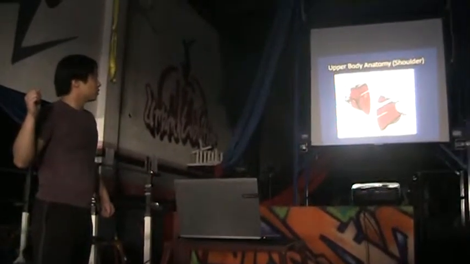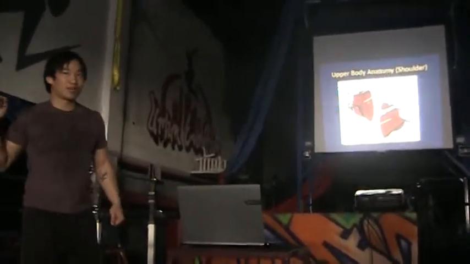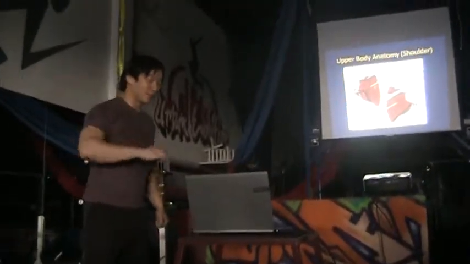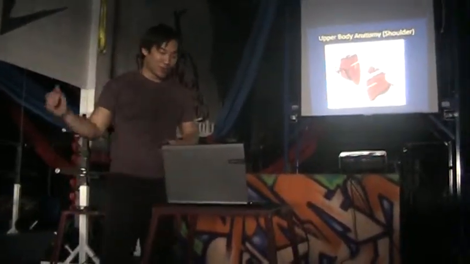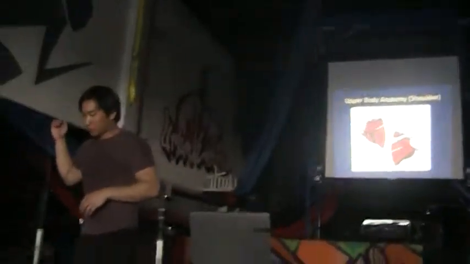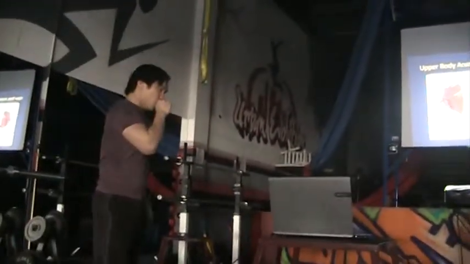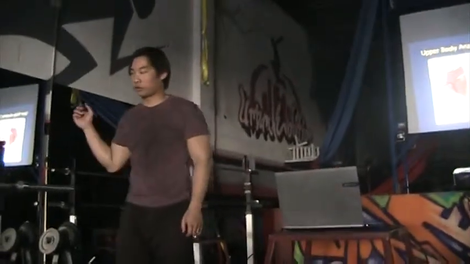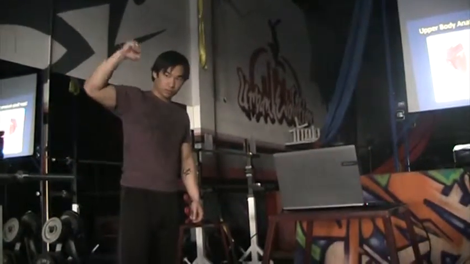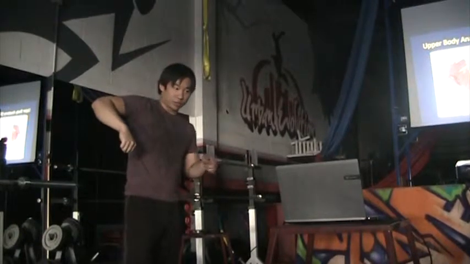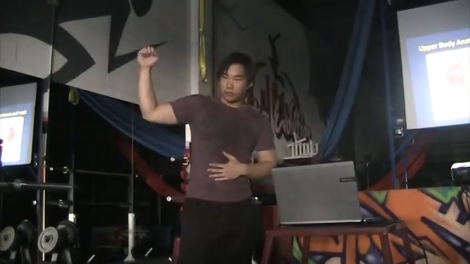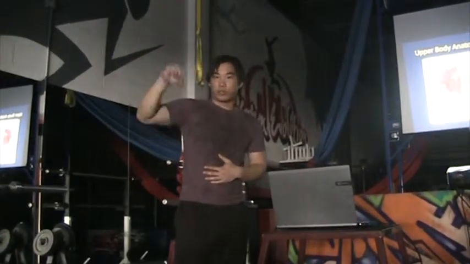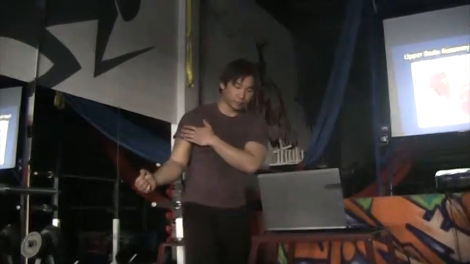I don't really want to go into all of these muscles because it doesn't really matter. It might matter in the future, but it doesn't matter now. The point is, there are basically two types of motions that are important in parkour. Internal rotation of the scapula, which is the shoulder blade. External rotation, and then you have internal and external rotation of the humerus as well.